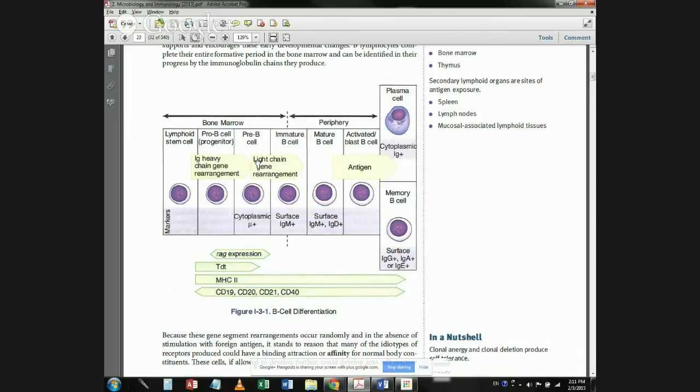It does that in the T cell for alpha and beta, but in B cells it only does that for